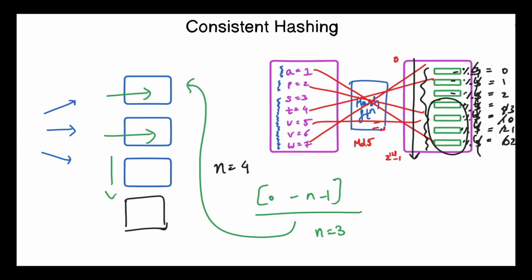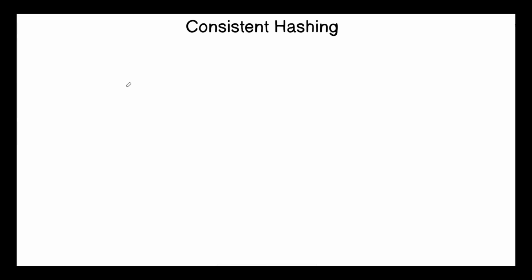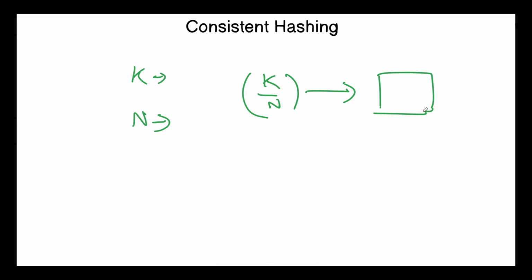Basically, when a server is added or removed, the number of cache servers changes, resulting in significant data movement and increased system latency. And the solution to this problem is consistent hashing. Let's say you have k data points and you have n cache servers. So on average, k by n data points will reside on one cache server. So if a new server is added or removed, then k by n plus 1 or k by n minus 1 data points should be moved in an ideal case. And the consistent hashing algorithm helps us to achieve this best case.